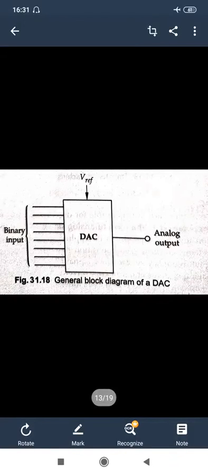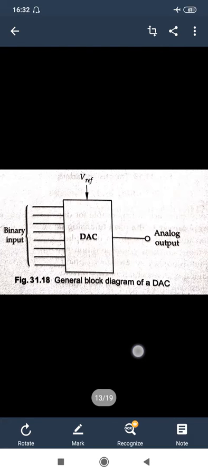Hello students, today I am delivering the lecture about digital to analog converters. From digital to analog converters, we convert the digital form to analog, or reconstruct the analog output signals. It is basically the block diagram by which we have introduced the digital